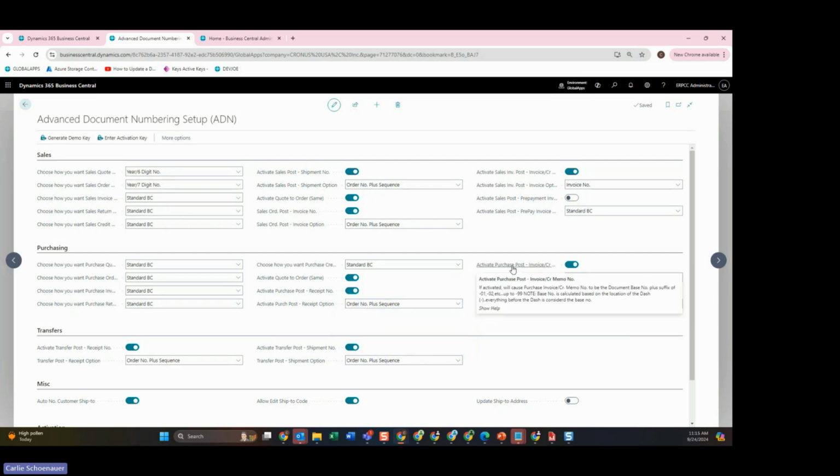Over here, again, same thing as I showed where we created the sales invoice, posted it, and the posted sales invoice was the same number. This is the same on the purchase side. You create a purchase invoice and post it. It's going to be the same number. Okay. And then